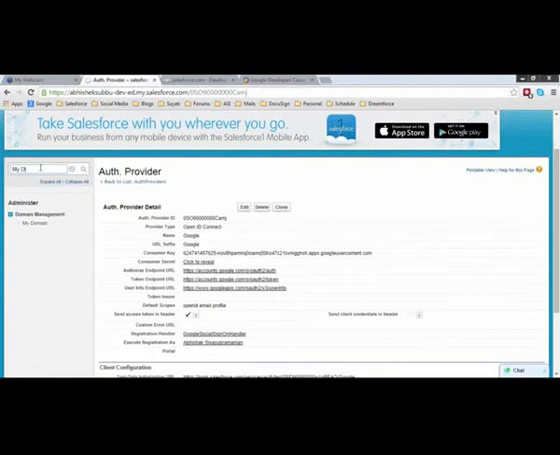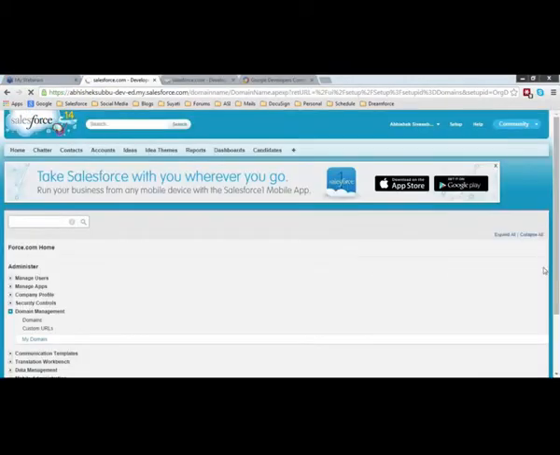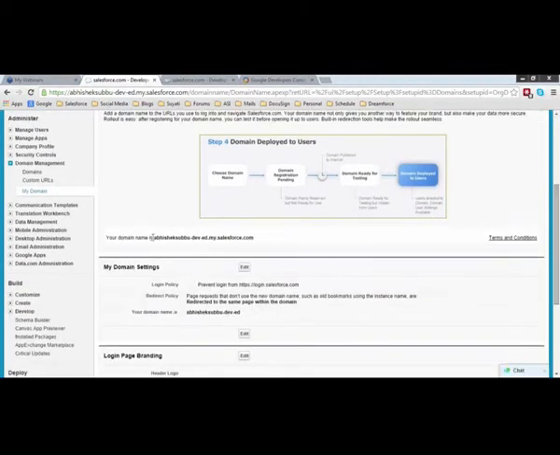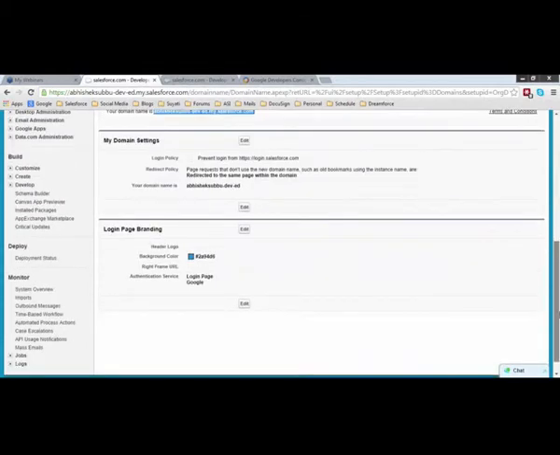Let's go back to My Domain and select My Domain. And here, since we have set up our Salesforce dev org with a custom domain name, you will be able to see that there is a login page branding section available. Okay, hopefully the screen is refreshing. Okay, nice. So what you need to do here is just go into that login page branding,